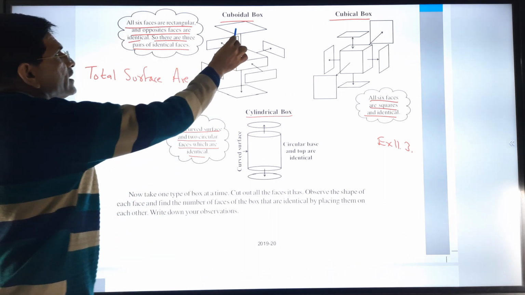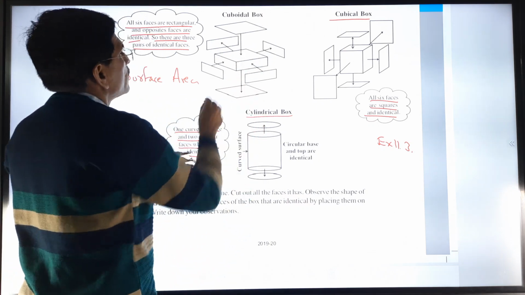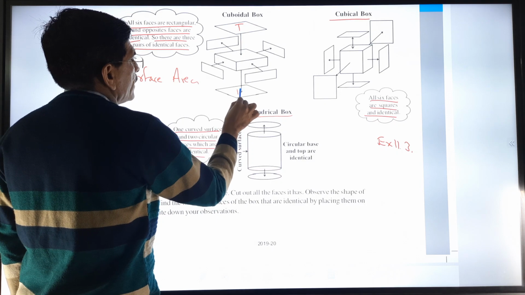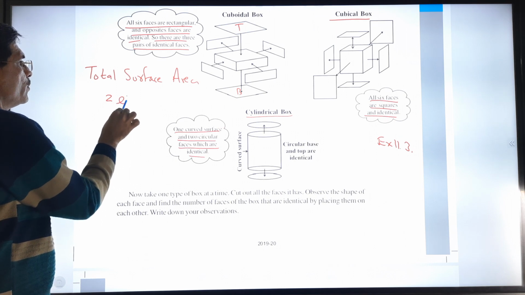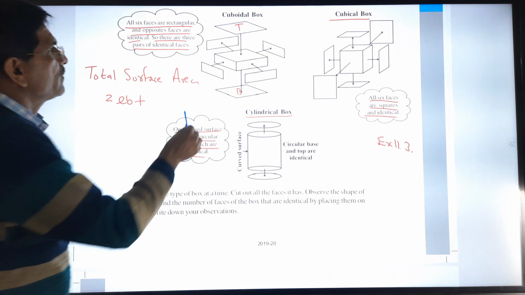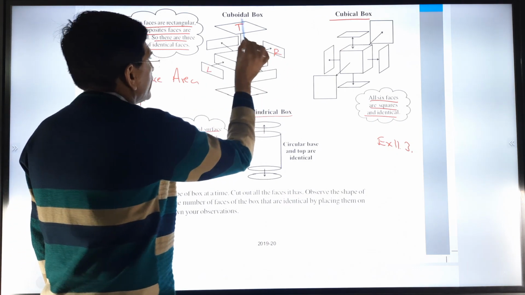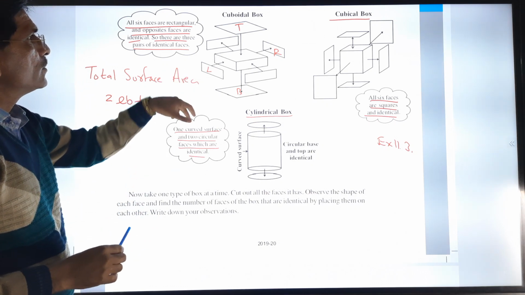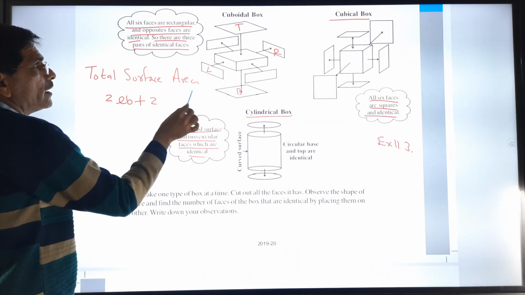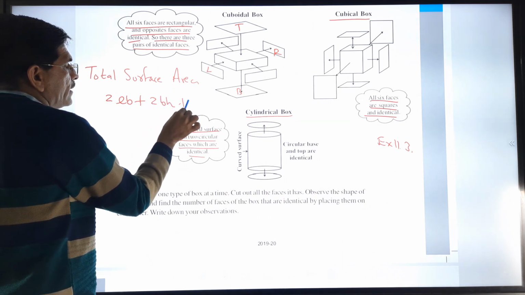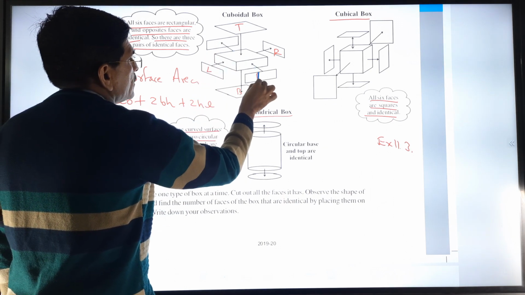So you will see here top and bottom are the same, so rectangle. So we can say 2 L into B, twice. Now if I go for left and right, again length into height. So 2 L into B, B into H and H into L. Here front and back,